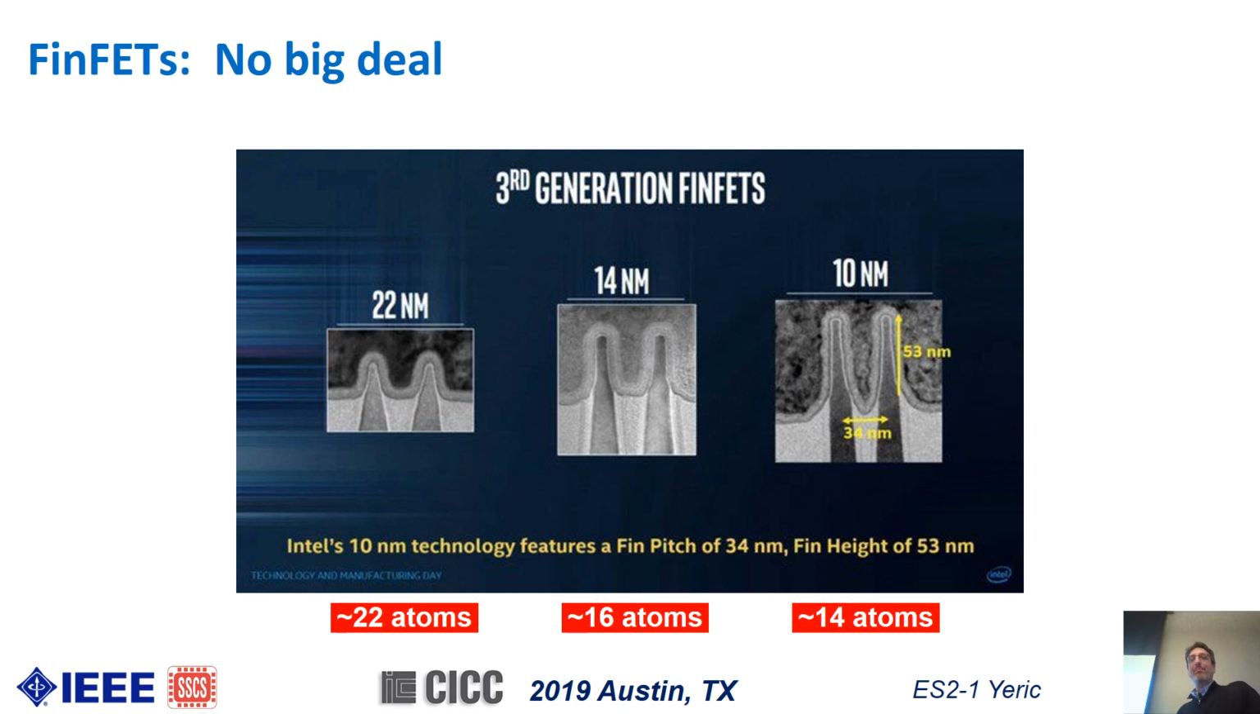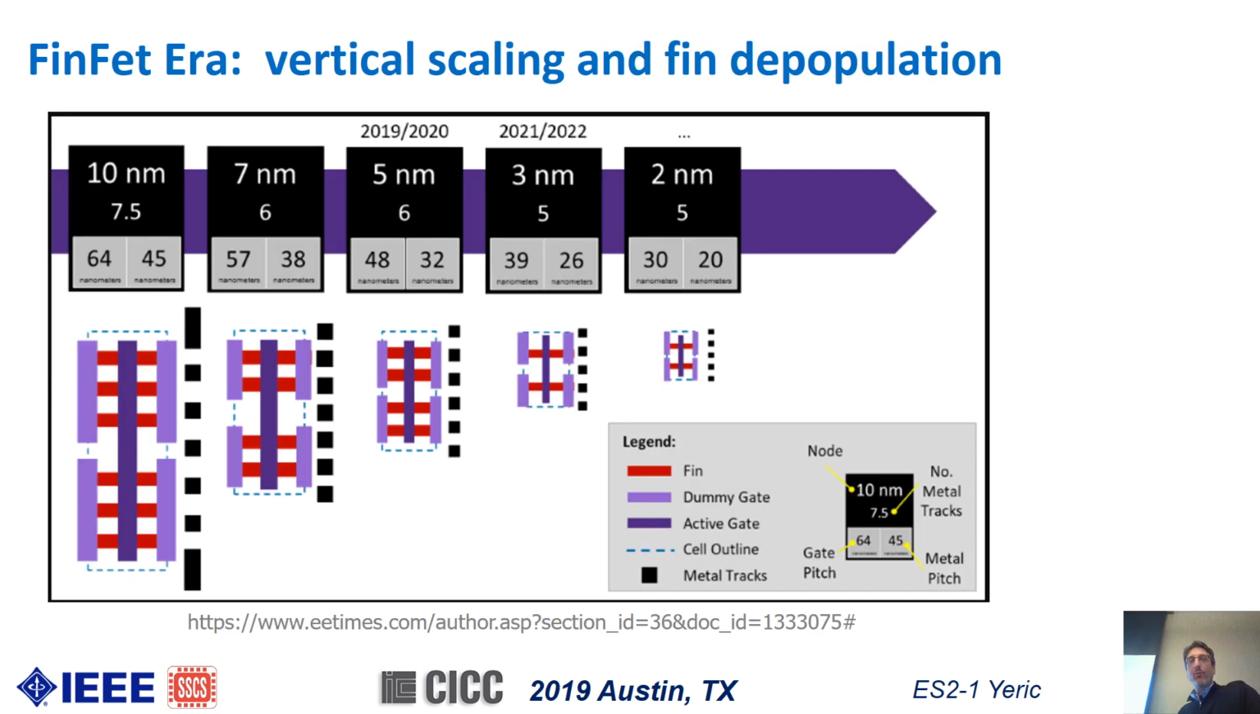One of the things to keep in mind is how these fins are getting taller and taller. And what we have been doing is using the fact that each fin is taller to take fins out of the transistors. So what you see going to the right is what we call fin depopulation. So the same standard cell is using, instead of 4 fins, then 3, then 2, and hopefully 1 fin per